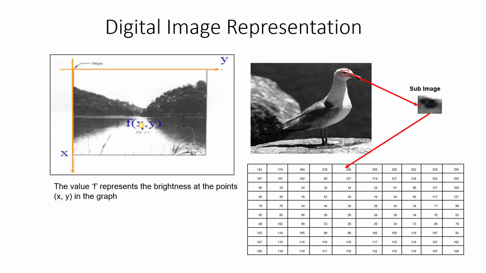This is one more slide showing the same thing, digital image representation. This is the origin. The x is the number of rows and y is the number of columns. At the intersection of x comma y we have the value f, which we call the intensity value. It could denote color depending upon the source of the image, or it could denote temperature and pressure. So a digital image is a matrix of discrete finite numbers. If you zoom in and take only some part of the image, which is called a sub image, then also it is a matrix of numbers, but the numbers have a physical meaning. This is very important to understand.